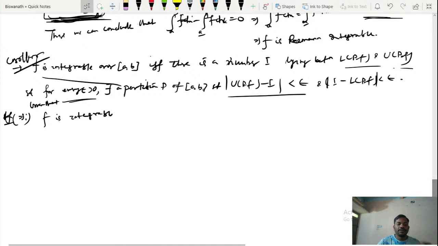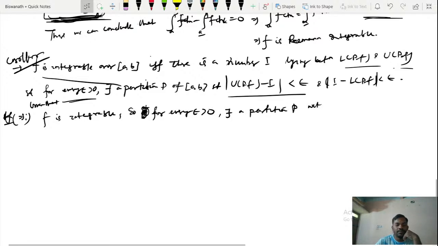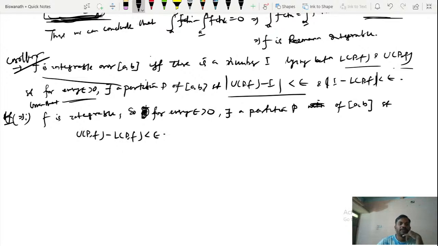So if f is integrable, what we proved in our last theorem is that for every epsilon greater than 0 there exists a partition P of closed [a,b] such that U(P,f) minus L(P,f) is less than epsilon. This we already proved in our last theorem. So if U(P,f) minus L(P,f) is less than epsilon and I is a number lying between L(P,f) and U(P,f), we can write here